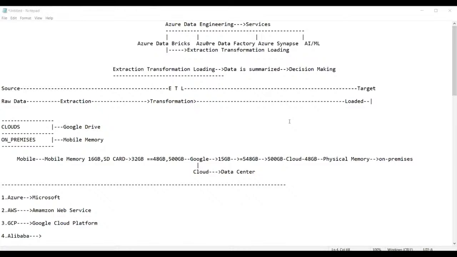Sumit sir, ADB and ADF both are provided by Azure, right? Microsoft. What is the main difference between ADB and ADF? Basically, if there is a project where you are going to use ADF and ADB both, the ADF is used for the data ingestion process.